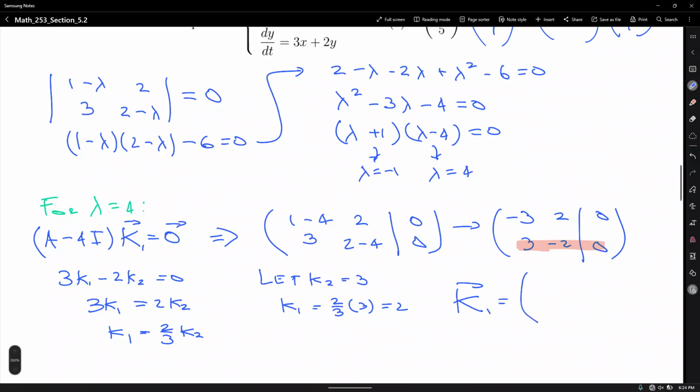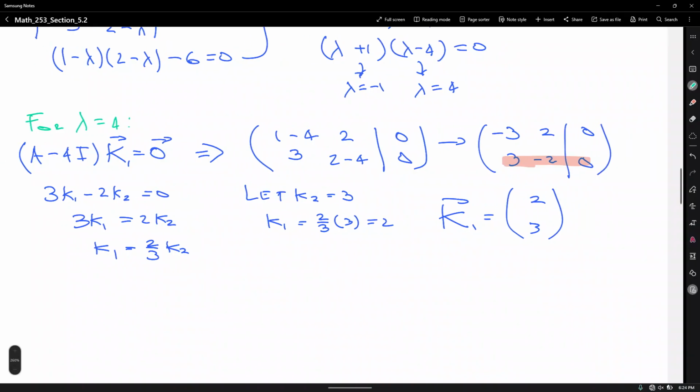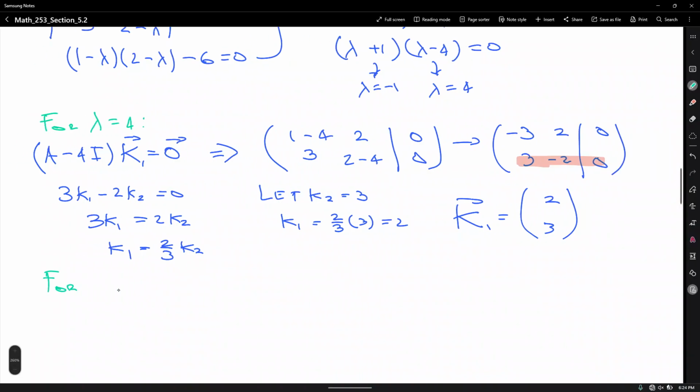A1 would be 3 for K2 and 2 for K1. All right. So far, so good. What about lambda equals -1? So for lambda equal to -1, what is that? So this will be